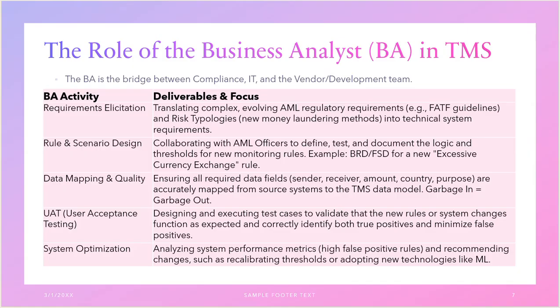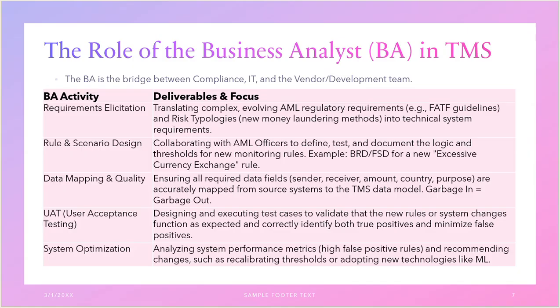Then user acceptance testing: designing and executing test cases to validate that the new rules or system changes function as expected and correctly identify true positives with minimal false positives. So do the UAT testing, to confirm that as per expectation the system will detect the patterns and identify suspicious transactions. Then system optimization: analyzing the system performance metrics and false positive rates, and recommending changes